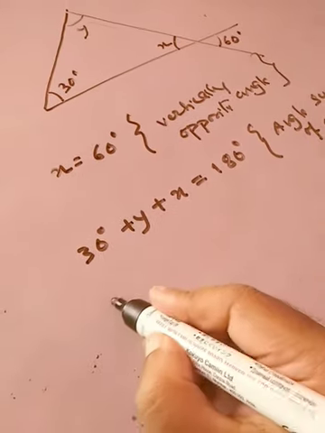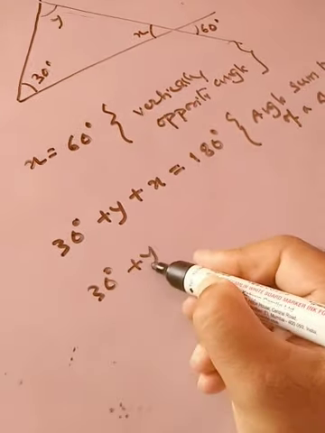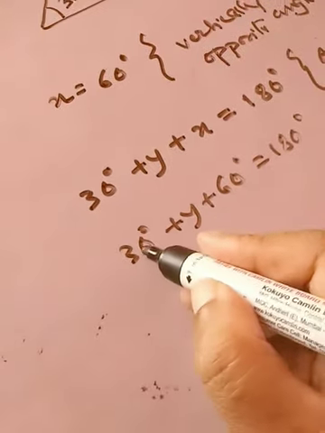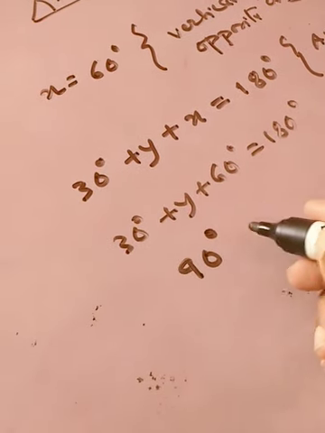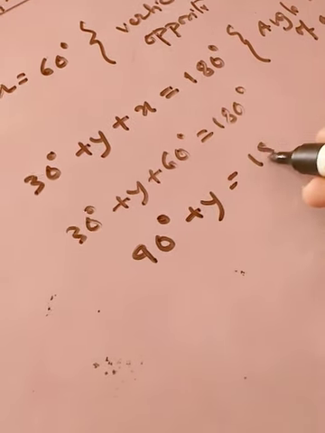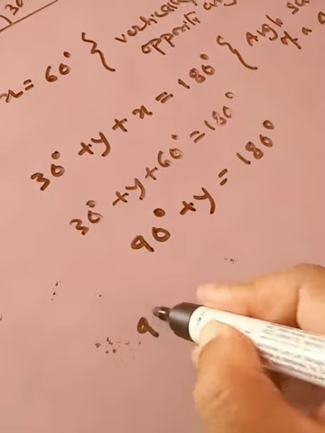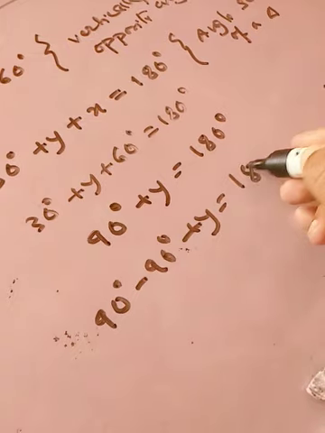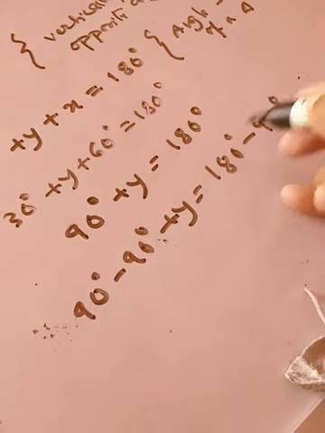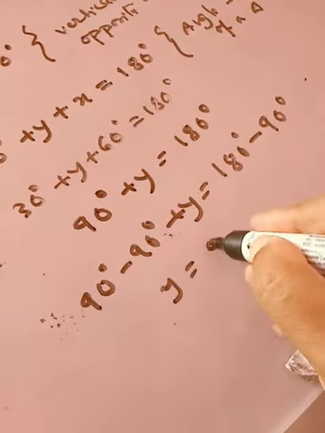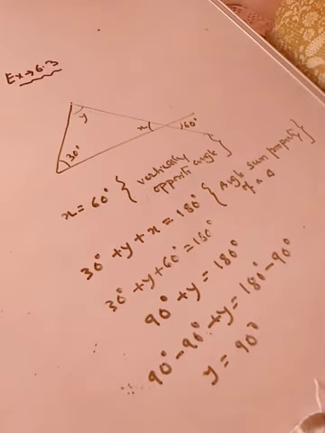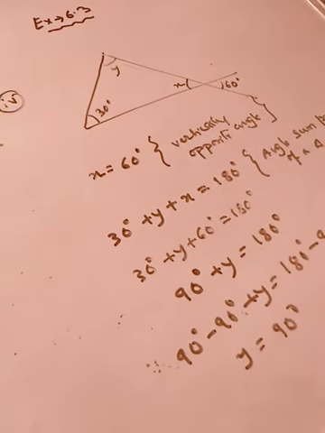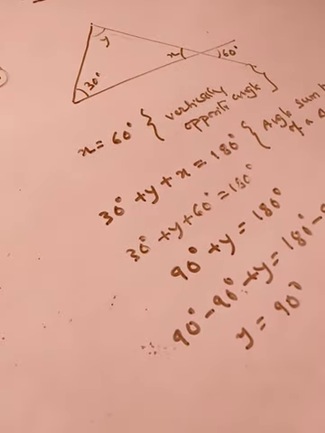Okay, now in place of x we'll put 60 equals to 180 degree. Now what is the value of 30 plus 60? It is 90 plus y. Now we have to cancel this 90, so we have to subtract it. The same thing we have to do on the right hand side. Subtract 90, so this will be 0. So y equals to 90 degree. So this is the solution of sum number 4. More two sums are left. Let's move on to sum number 5.